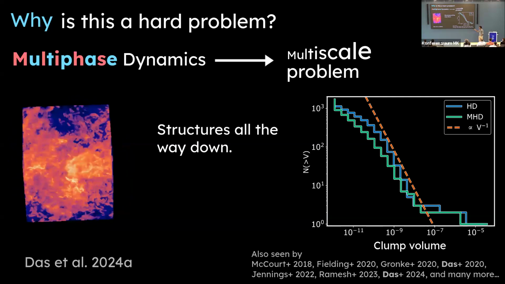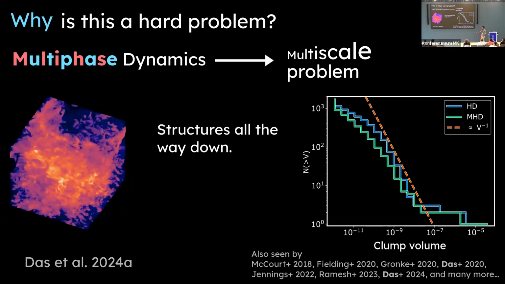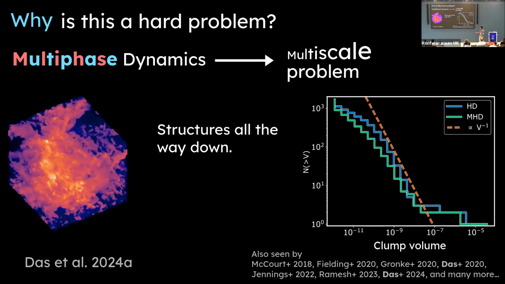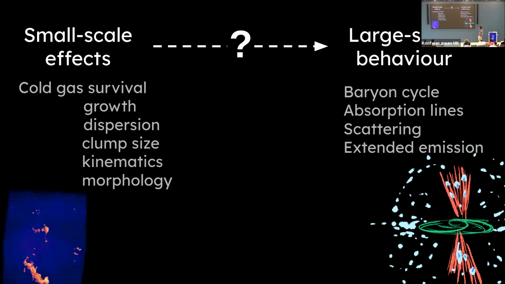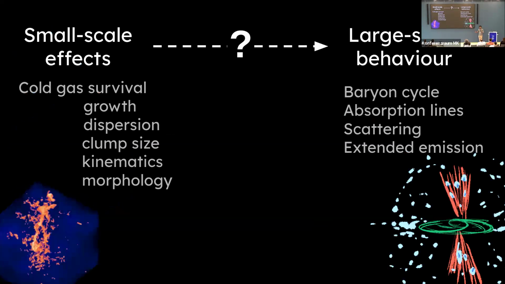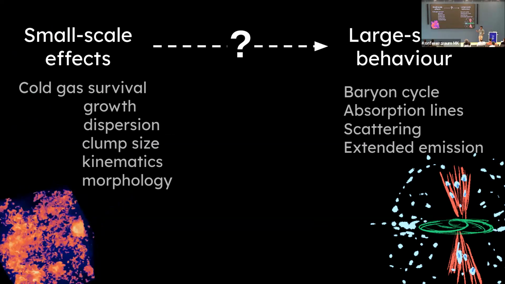Which show that the more you resolve, the smaller and smaller structures we start to see. It's structures all the way down, and you are always not resolving some smaller scale stuff. And it becomes a bigger problem when we are trying to use simulations to have predictive powers,